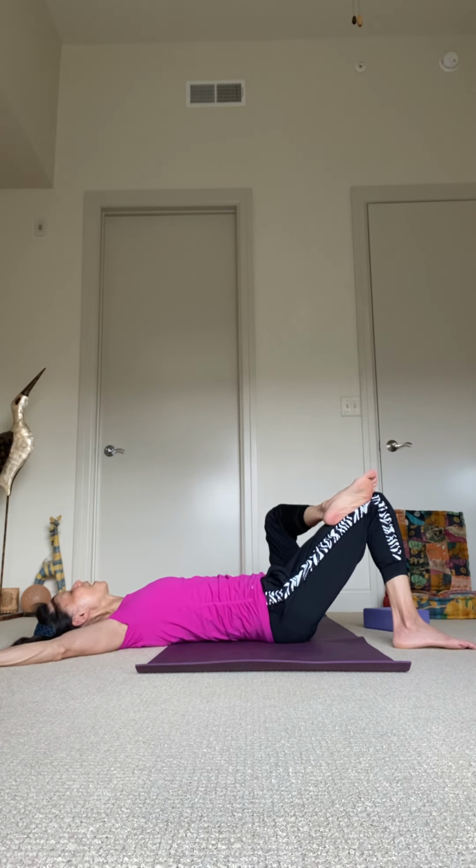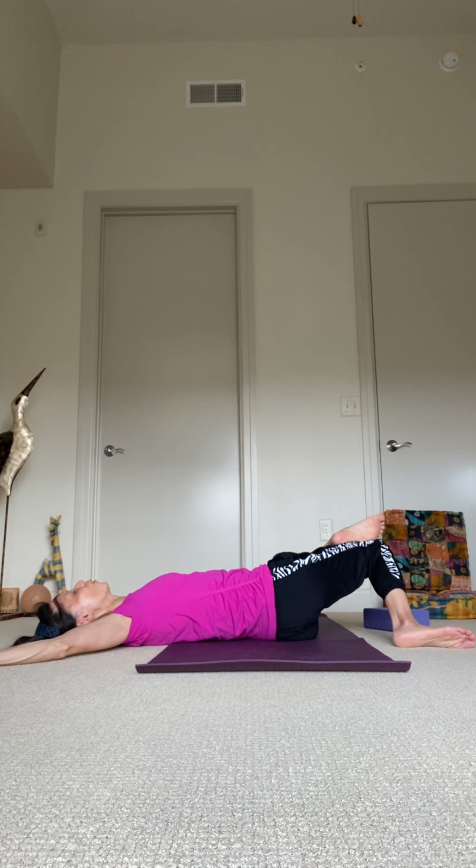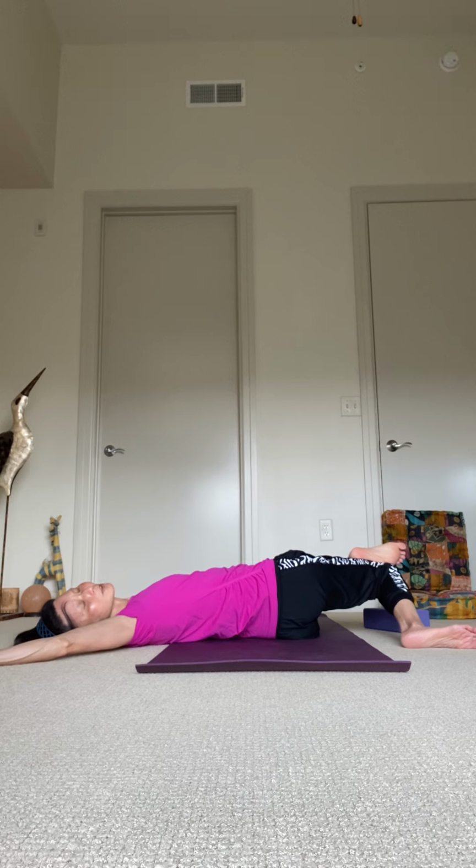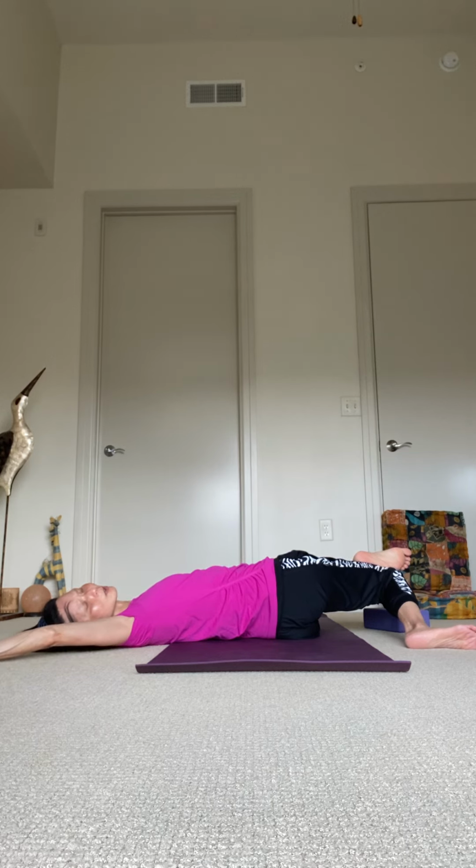Deep breath in, exhale, roll both knees over to your right side. Your knees may not touch the floor, keep the shoulders down. Option to turn the head over to your left side and draw your left arm away from your body. Trying to relax into your spine and let the gravity and the weight of your knees bring you down towards